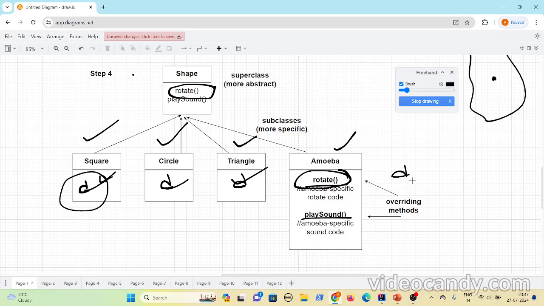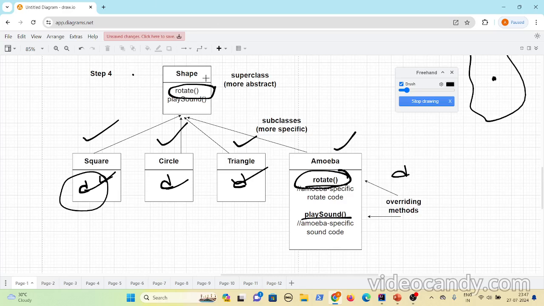Till now, what we have discussed is that only the methods are inherited. But a class doesn't just have methods. A class has instance variables and methods as well.